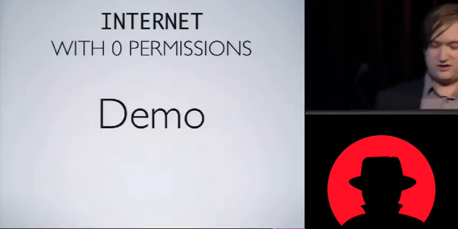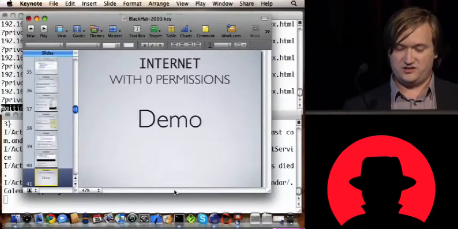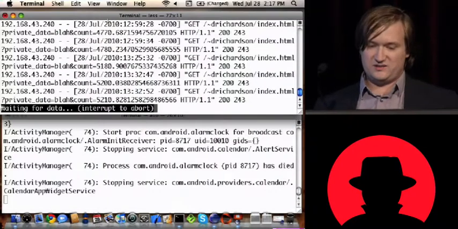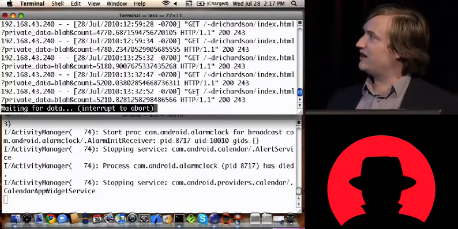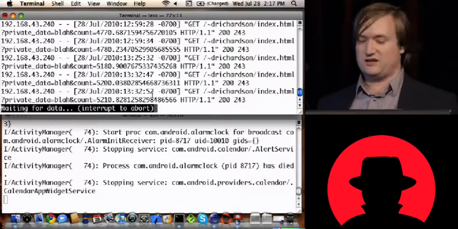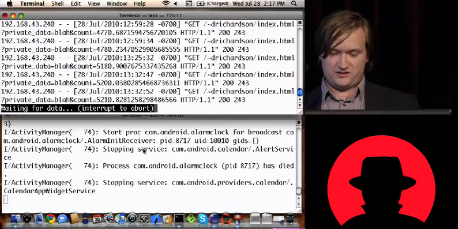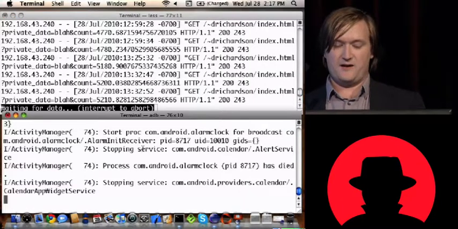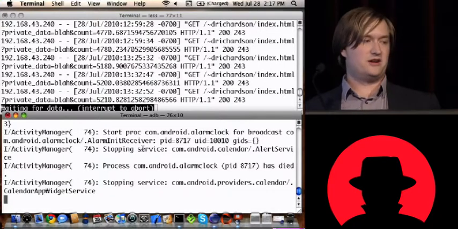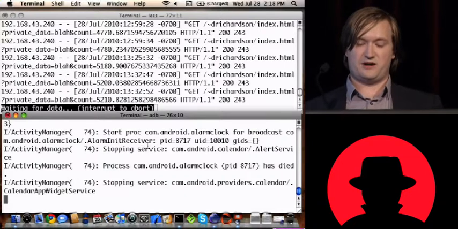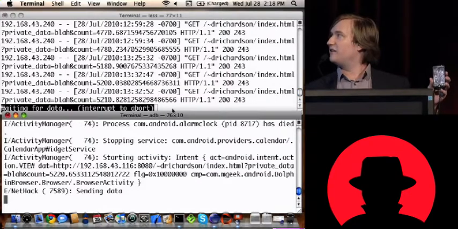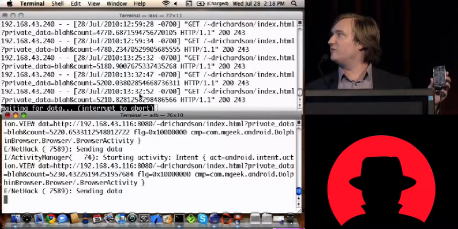So now what I would like to show you is it working in action. So there's two things. On the top here, this is my Apache server logs. So we can see the last thing was about an hour ago, the last hit that we got on the server. And at the bottom here is actually the logcat output on this phone here. So you can see the screen is on, and if I turn the screen off, after about 5 seconds, we should see, so it's starting an activity here. We can see that. And then up here, we should see, hopefully,